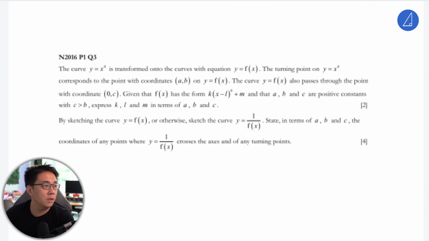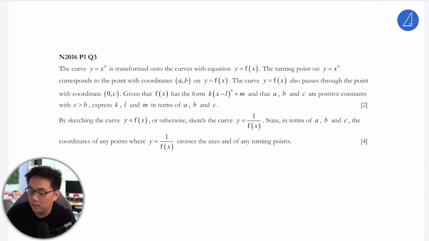Okay, let's look at this question now. 2016 paper 1 question 3, H2 math. The curve y = x^4 transforms onto this curve here. So given this curve here, which is y = f(x), the turning point of y = x^4 corresponds to